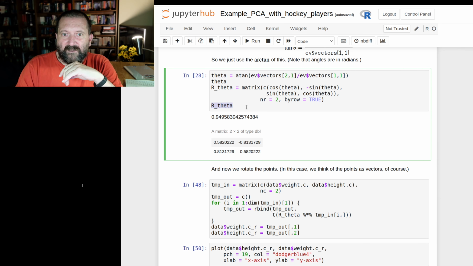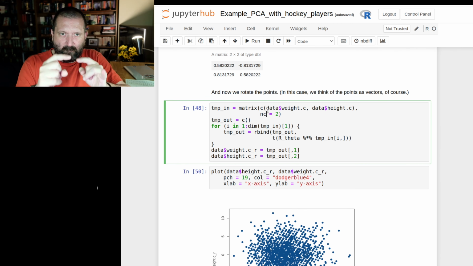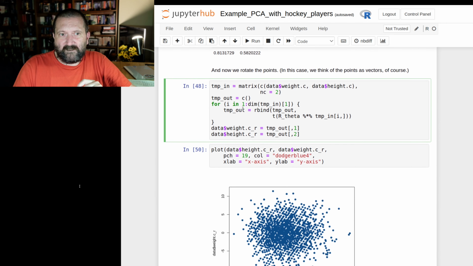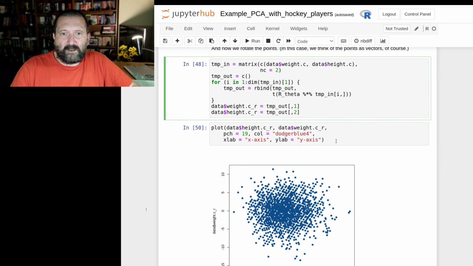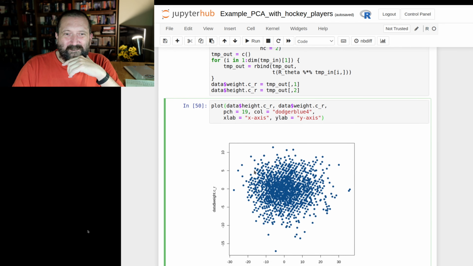And the matrix that performs this rotation is then this matrix R theta. Now, to do this rotation, I have to take each point or each vector in my data set and apply a rotation to it. So this is what I do here. I'm simply making a matrix that has the centered weight and height, and I'm applying the rotation to this matrix. When I do that, I get this plot here, which looks